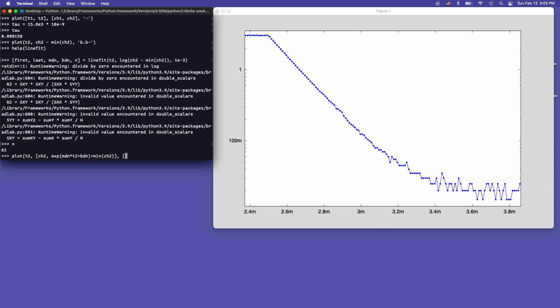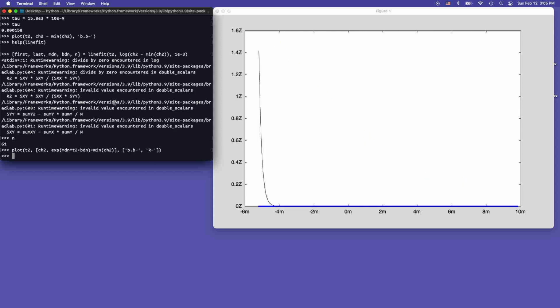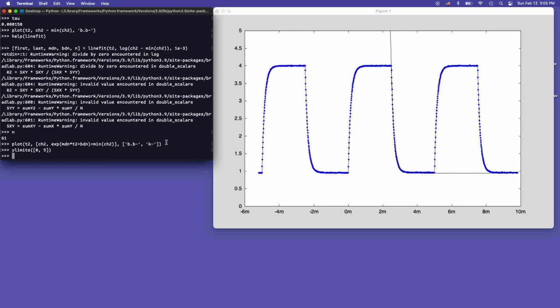We're going to put the original data in a line style of blue dots and blue lines, and the fit in a solid black line. And of course, the exponential gets way, way big, so we're going to use y limits 0, 5 to zoom in,